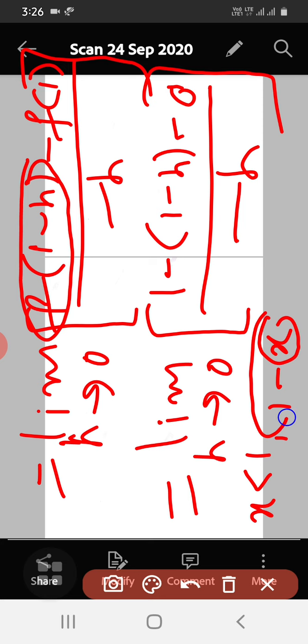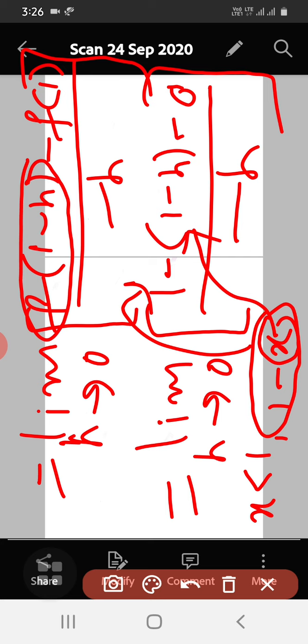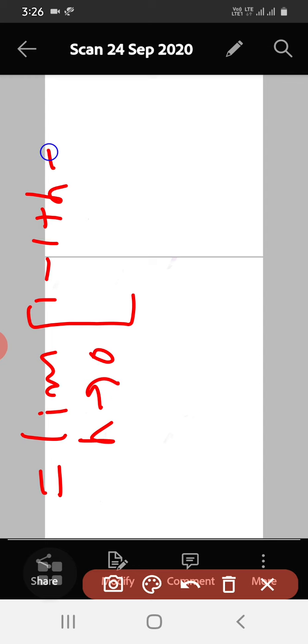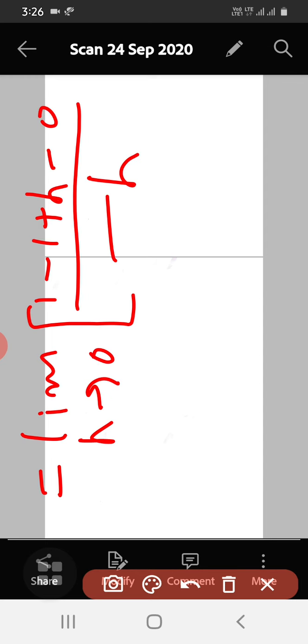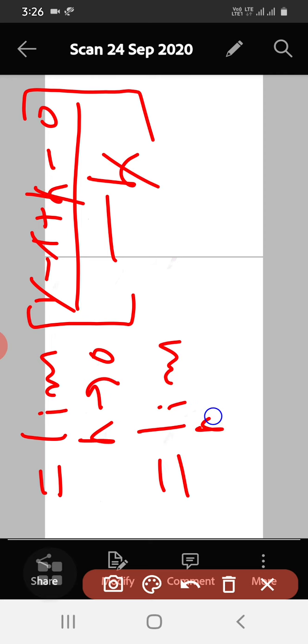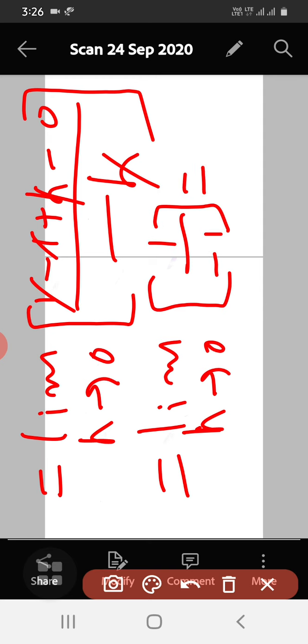Okay, you can understand this here. 1 minus x means I have written 1 minus, and instead of x you put 1 minus h. We remove the bracket in the next step. In the numerator we get 1 minus 1 plus h. So that is limit h tends to 0, 1 minus 1 plus h minus 0 divided by minus h. See, 1 minus 1 is 0, and h gets cancelled. So in the numerator I have h, and dividing by minus h that will be minus 1 only.